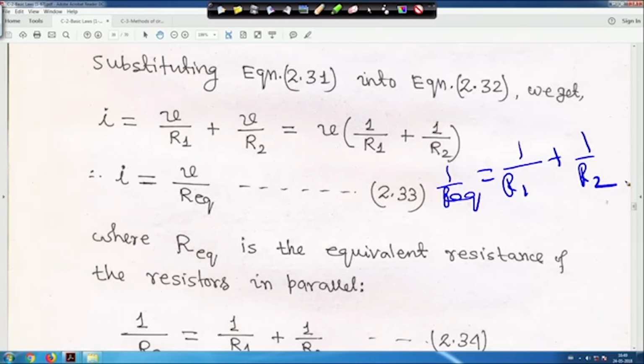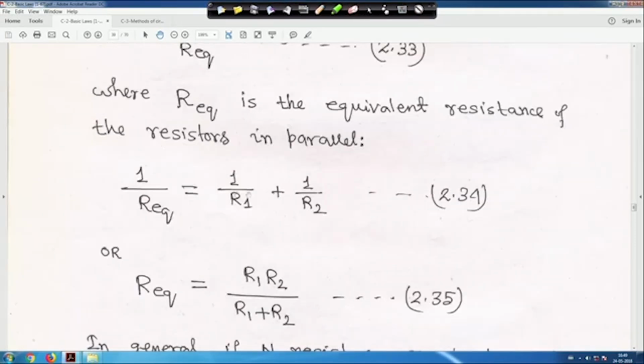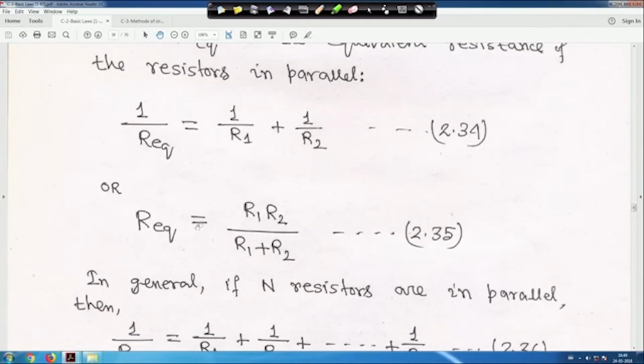So, 1 upon Req is actually 1 upon R1 plus 1 upon R2, that is what you are writing, right. That means it is the equivalent resistance. So, Req is the equivalent resistance. Otherwise, Req is equal to R1 R2 upon R1 plus R2, the product of the two resistances divided by the sum of the two resistances, right. So, Req is equal to R1 R2 upon R1 plus R2, this is equation